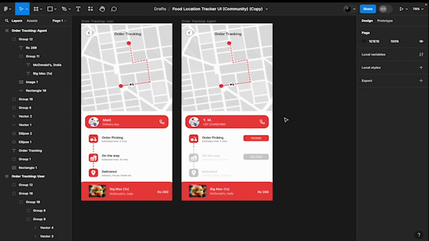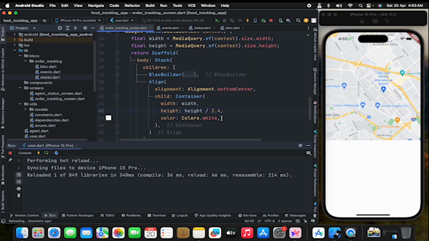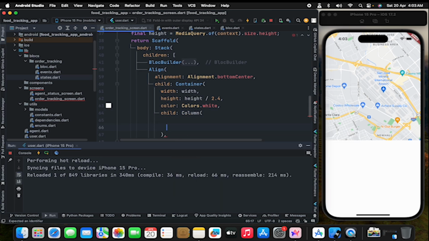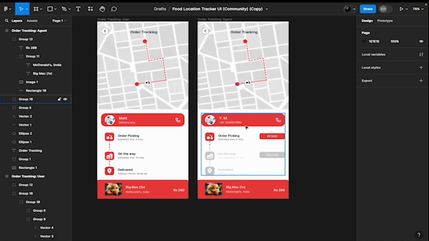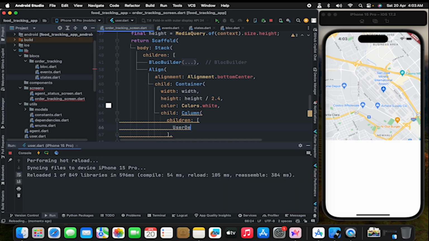Now what we can do is we can simply show up the details here. So inside the container, I am going to create the child, and let's create a column children. Now we will create some components here. So the first component will be to the user details widget,